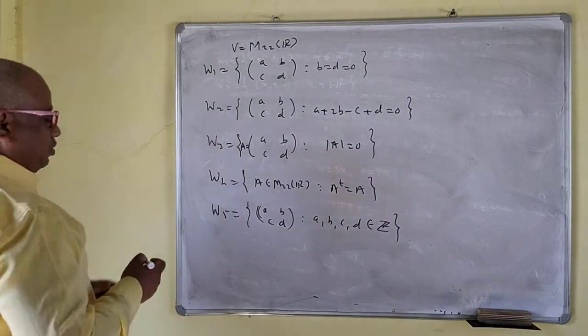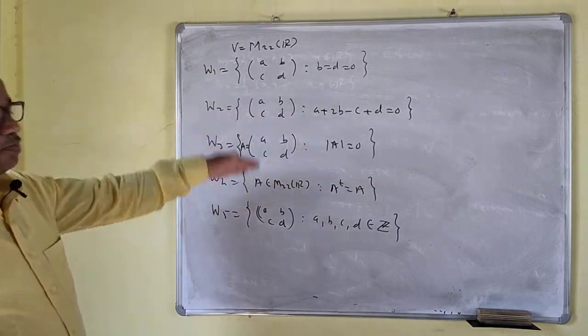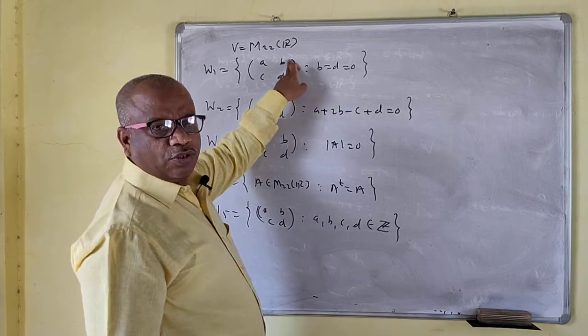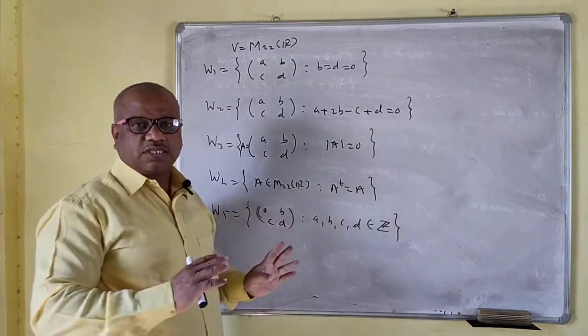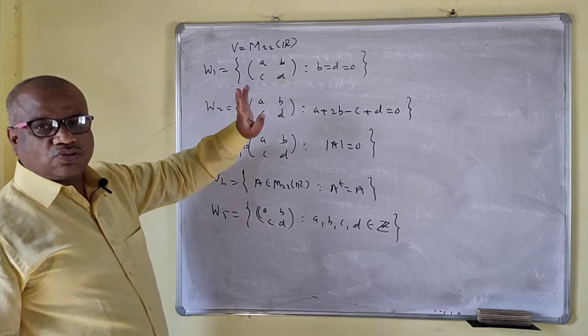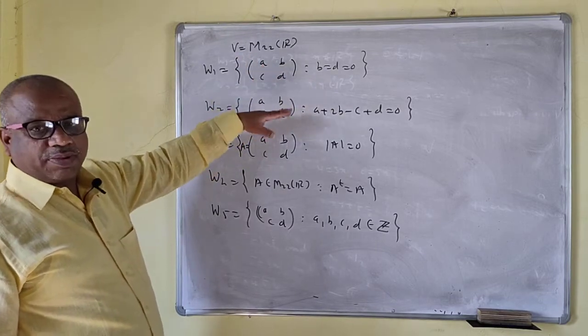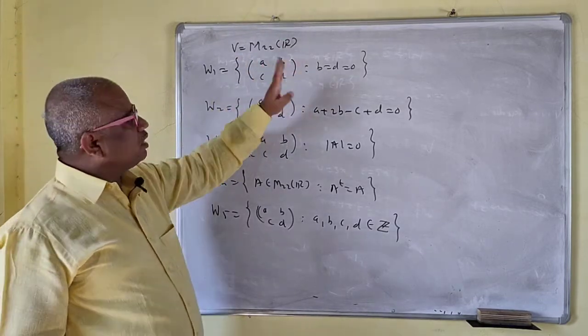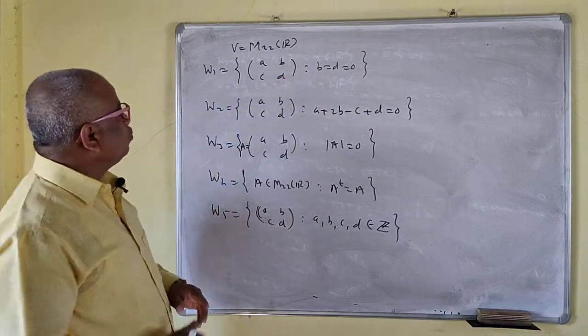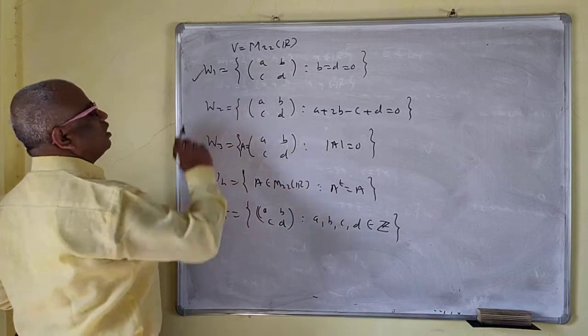Okay, we have to judge whether these are subspaces or not. So B and D are 0. No problem for this one. If you take the sum of these, your second column is 0, so 0 belongs to this one. If you take the sum of the matrices, this is always 0, your column is 0. If you multiply, this is 0. So this is a subspace. Orally, it is a subspace.